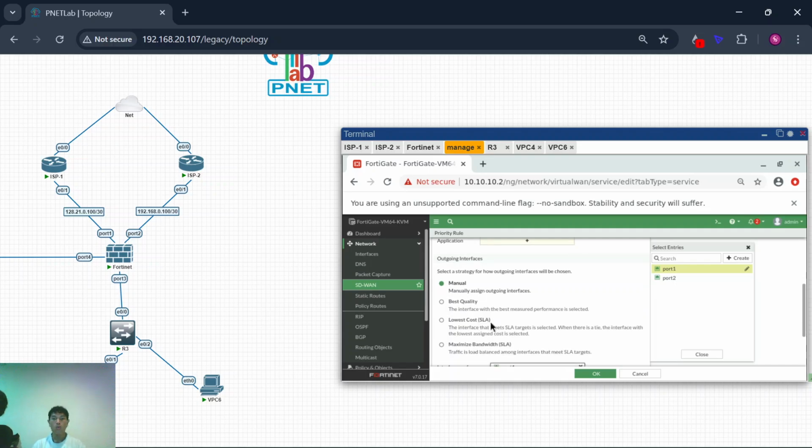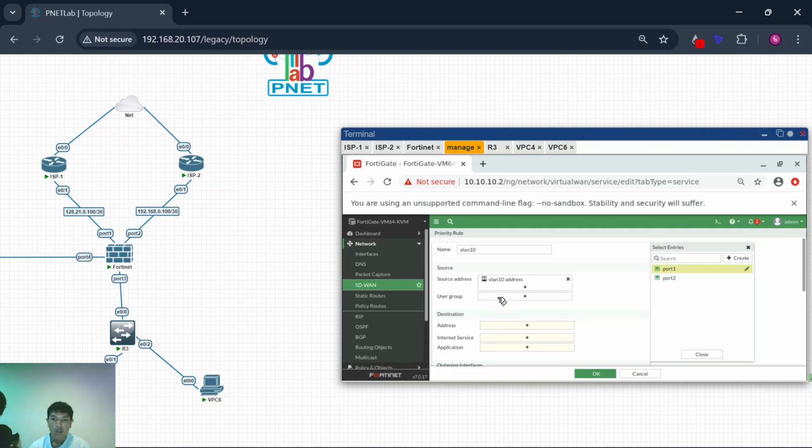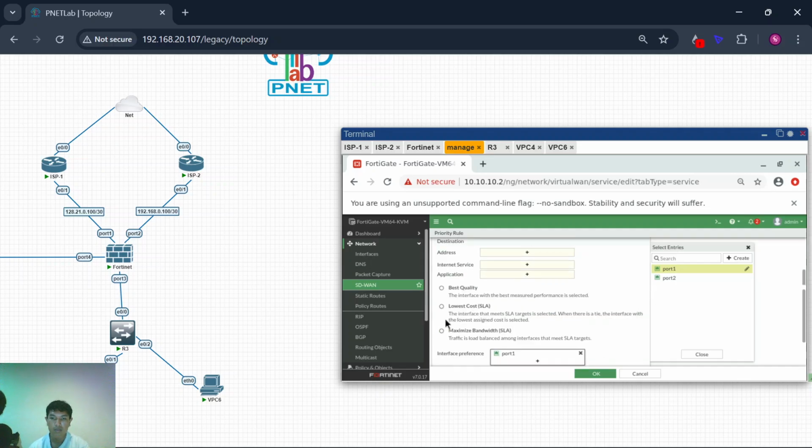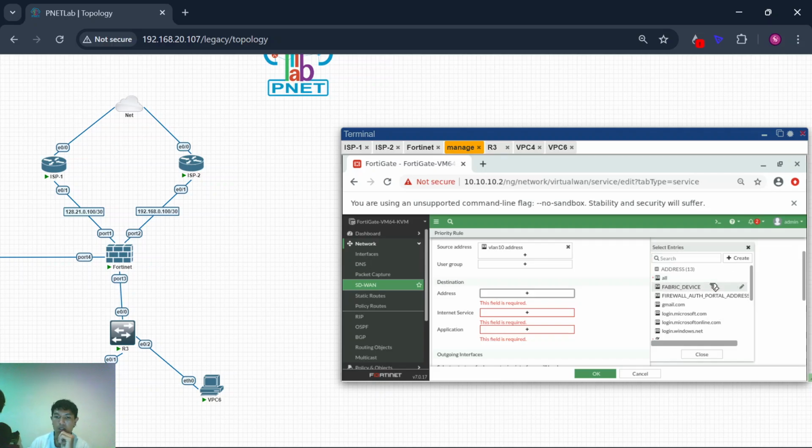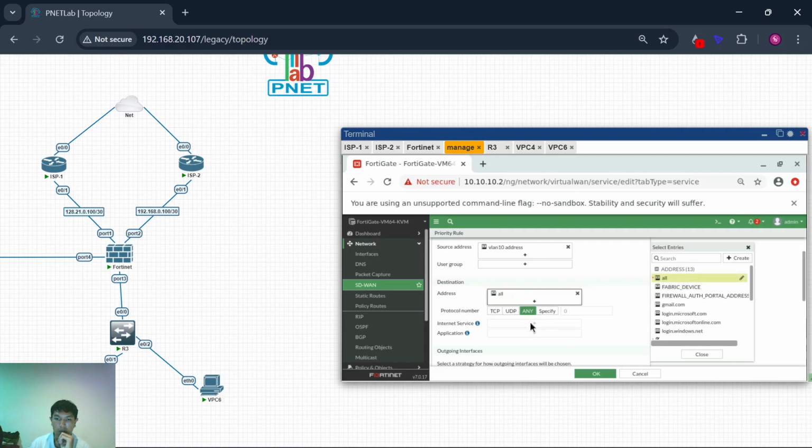You can choose what you want: manual, best quality, low cost, or maximize bandwidth with SLA. I think just this one. Address, this is all. Any, okay.